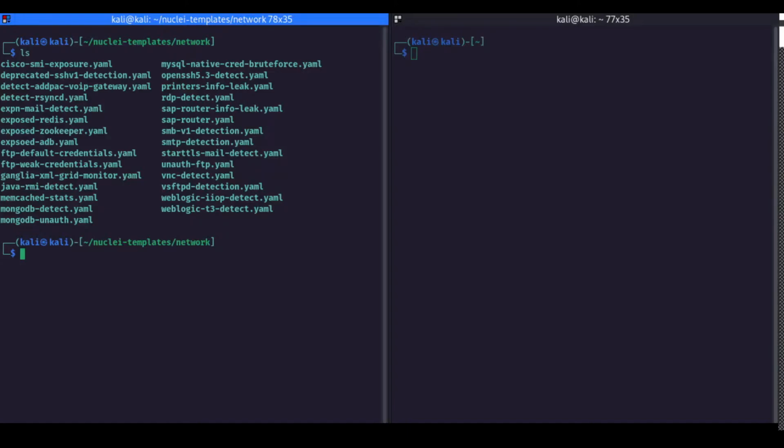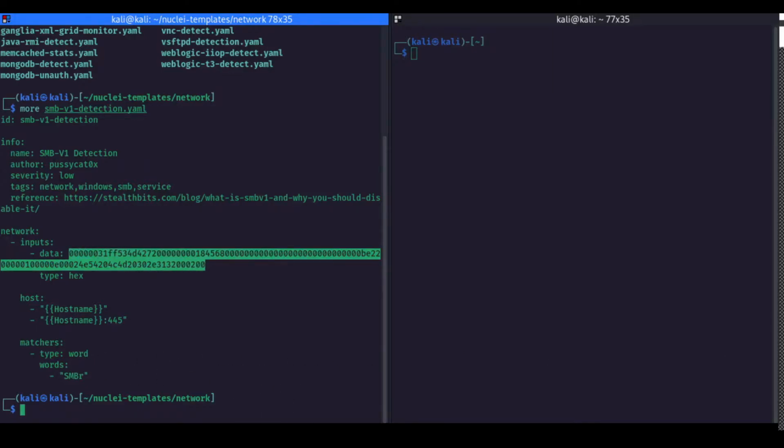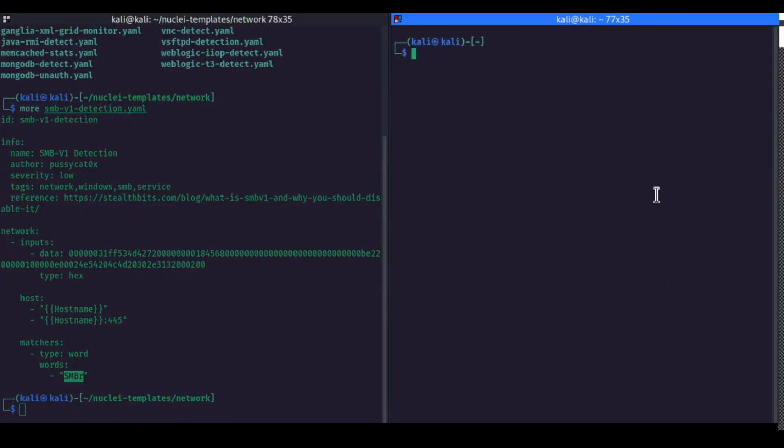So let us have a look at this one. This is the test that you can have a look at. Basically it is putting in an input and waiting for and getting a response from the SMB protocol. So yeah, let us run this. Nuclei, and we'll just change the template to network SMB, and we'll be using our host. Here we'll be putting our vulnerable machine that is at 192.168.1.7, and we'll be checking for that.